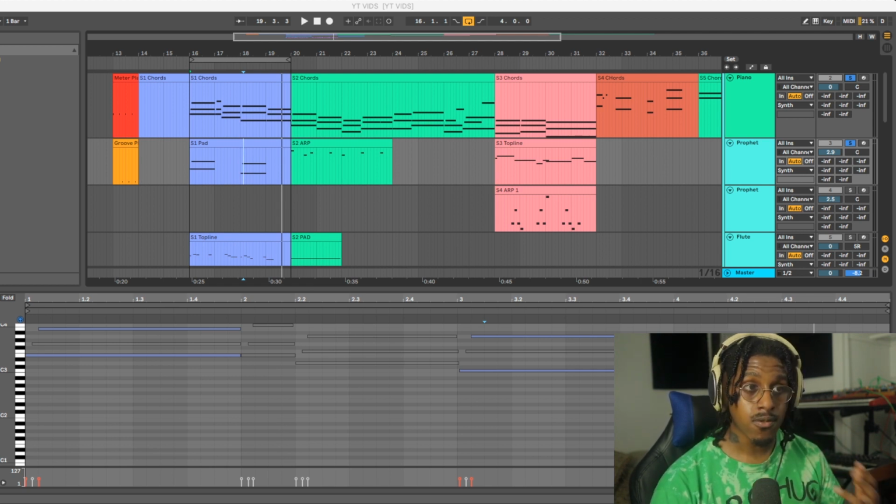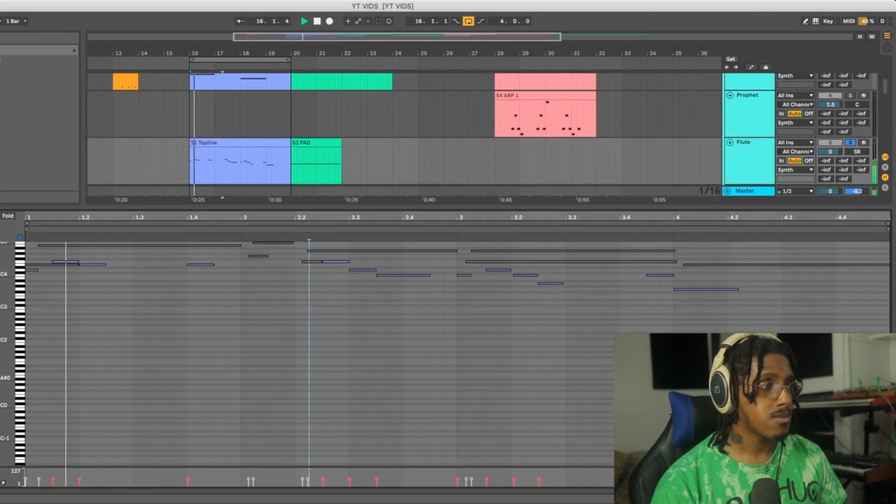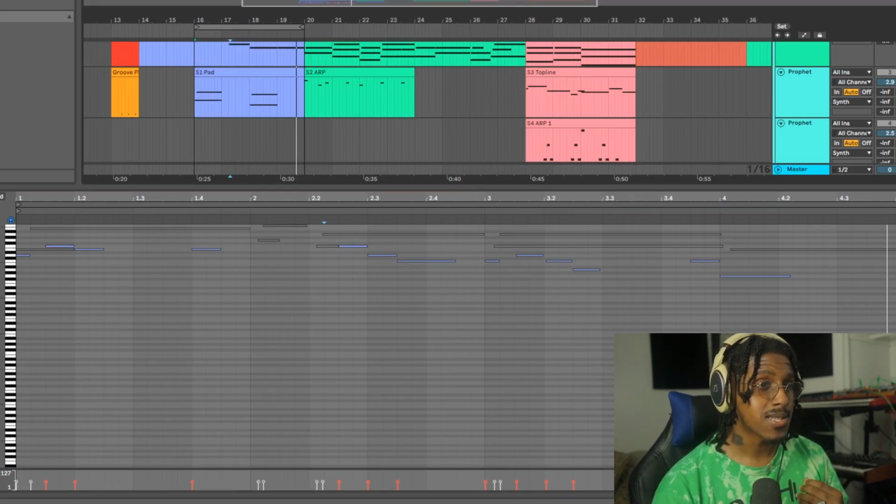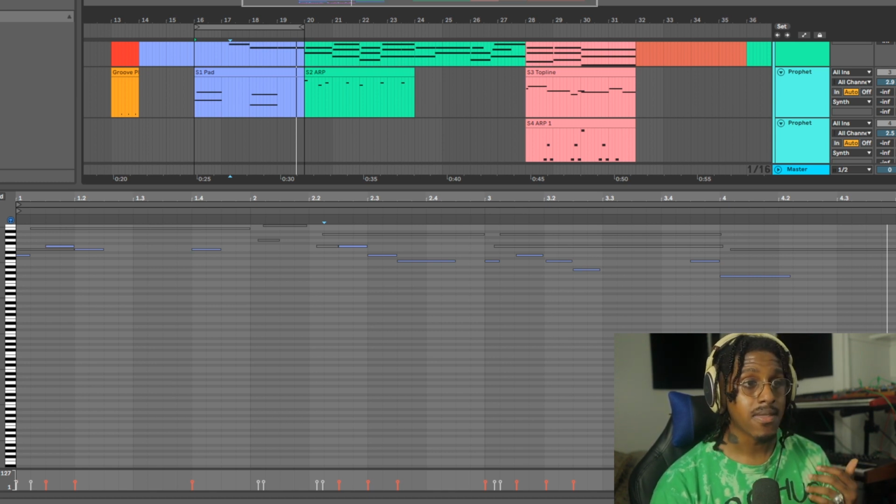So what is the groove element of this particular melody? I would say it's the top line on top of everything else. So let's listen to that. So the first thing that's distinct about the top line versus the chord and pad that's underneath it is the rhythm that it's playing is not primarily on the 1 anymore. It's playing rhythms that are on the 2 and the ands. And that is what really gives something a sense of groove, is by playing it on the and of rhythms